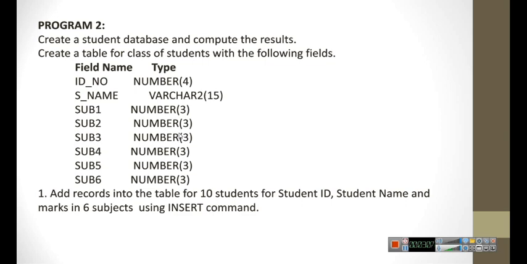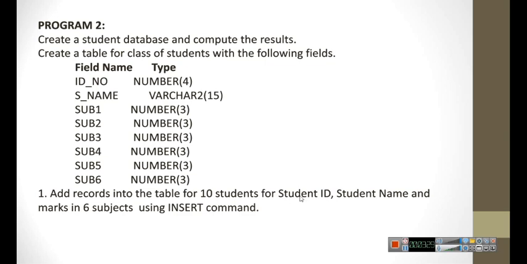So 3 memory allocation, number of 3 it is. Next is adding records into the table for 10 students. You are going to insert the values for all these fields for 10 students. The total number of students is 10 or more.